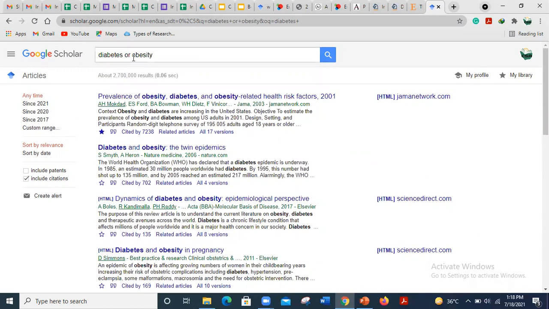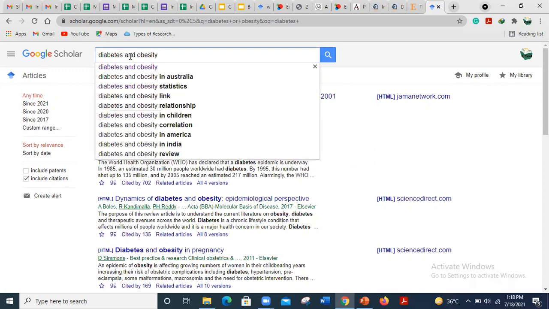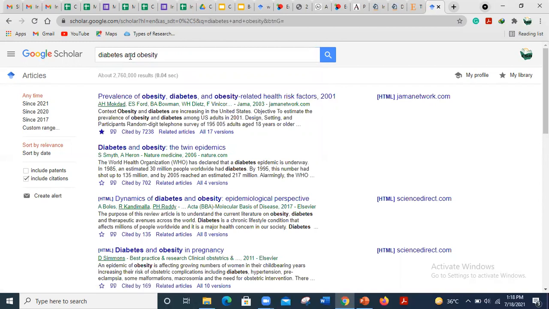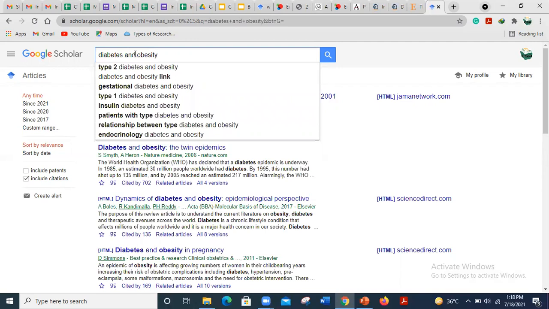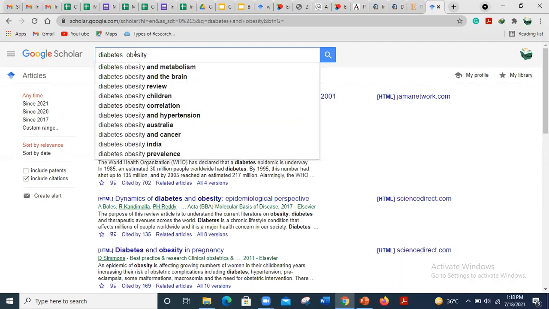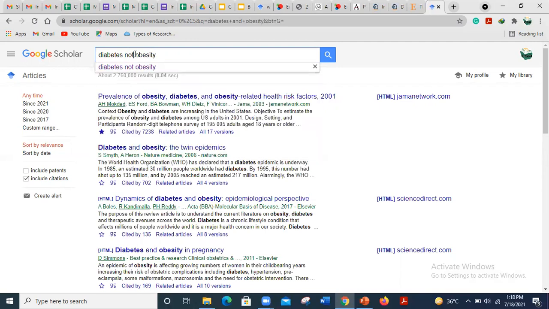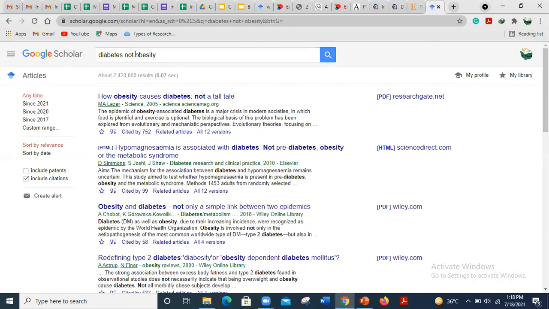If I use here diabetes AND obesity, it's the AND gate. Now it will give me all the papers which definitely have diabetes and obesity. And if I want data about diabetes, not about obesity, then I will type diabetes NOT obesity.